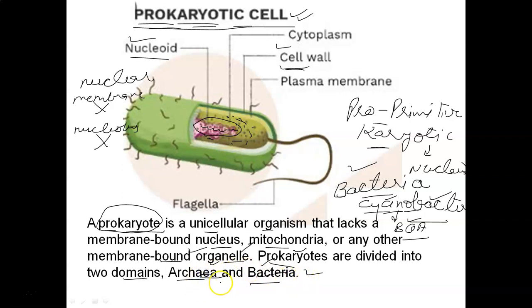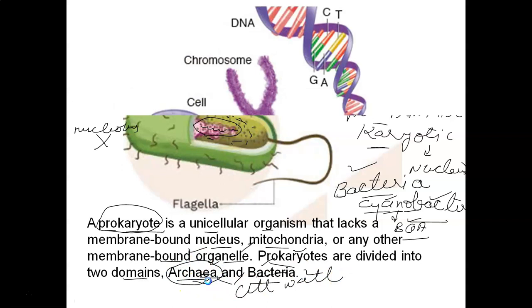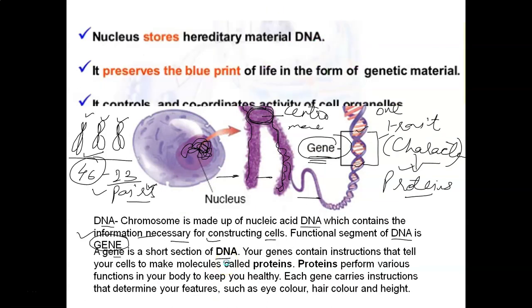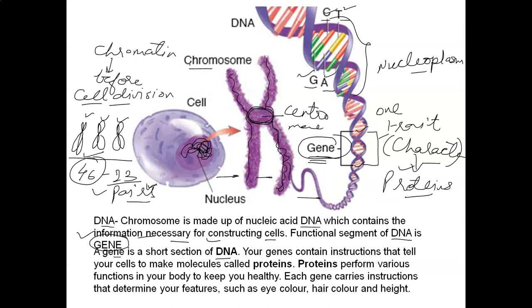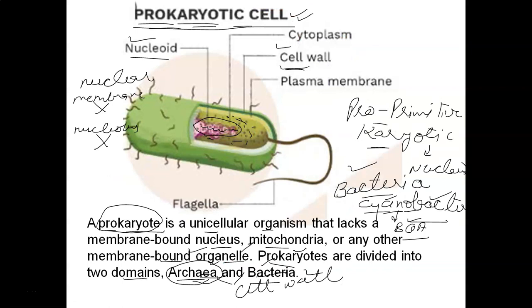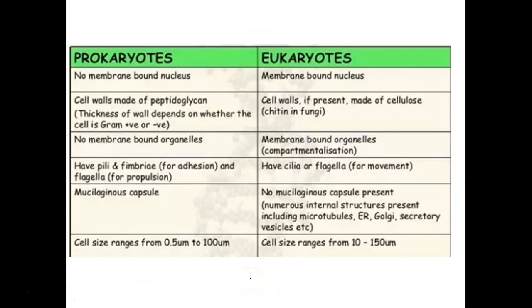They actually differ in their cell wall structure, and archaebacteria has a cell wall structure which helps them to withstand adverse conditions. So they can tolerate extreme environmental conditions because of a different cell wall than the eubacteria. Okay, so archaea is now considered the most primitive. After that, bacteria. Now in the next slide, we have already discussed.